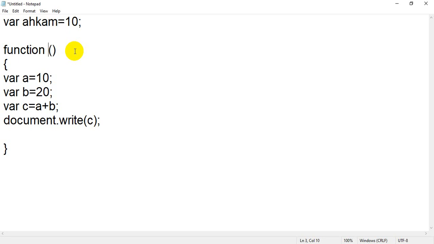when you create any user defined function, you have to call it by using a certain event handler, or we have one more way we can use.